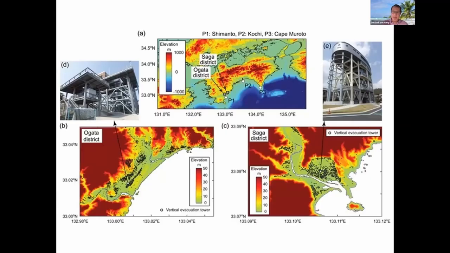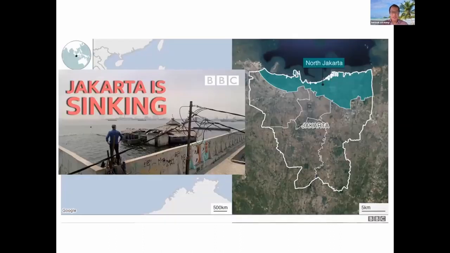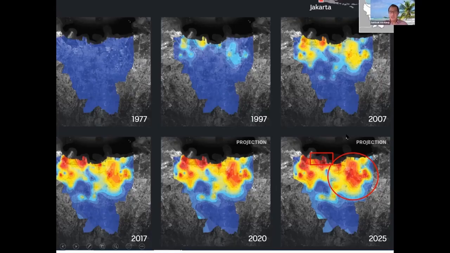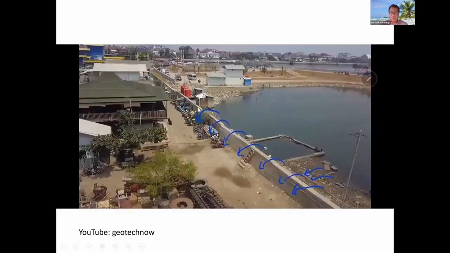If we talk about lowland cities in Japan, as soil engineers we think of Saga city. Jakarta is moving its capital city to a new island. They have planned and already have approval to move to Borneo Island. Basically, in the past, Jakarta used underground water, so that may be the main reason the subsidence or settlement occurred. I found this kind of flood wall.